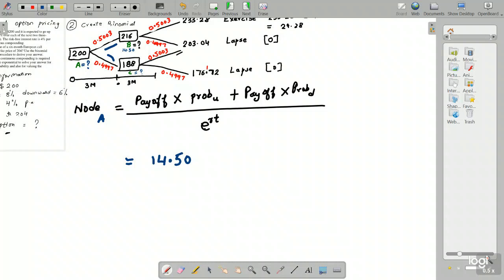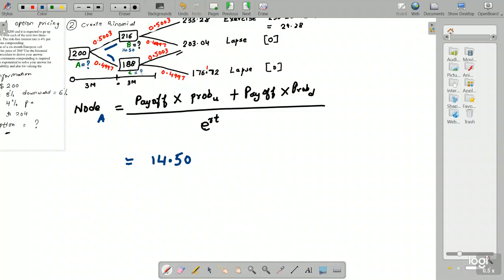You literally can't do anything at node B because that feature is not with you, because you have the European call option. Think about a situation if you have American, right? We will discuss that in our next video, what if you were the holder of an American call option, can you do anything? Then there is another decision area that you need to exercise. That is the next course of the video that I'll be doing with you guys.